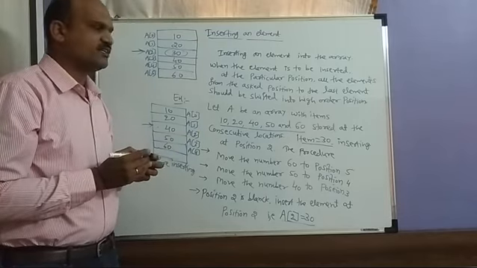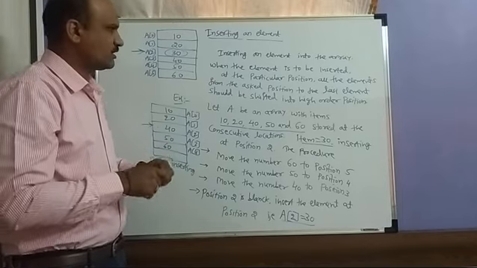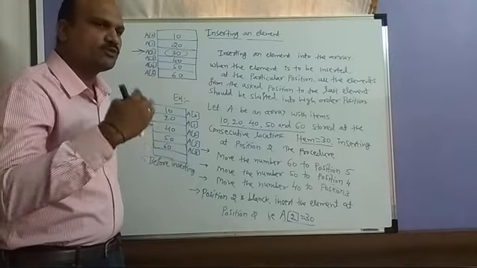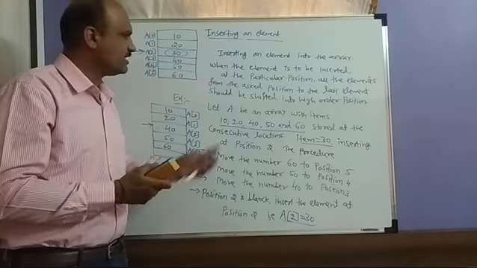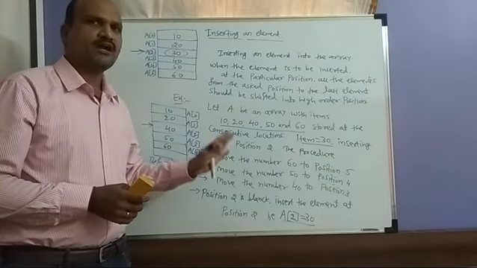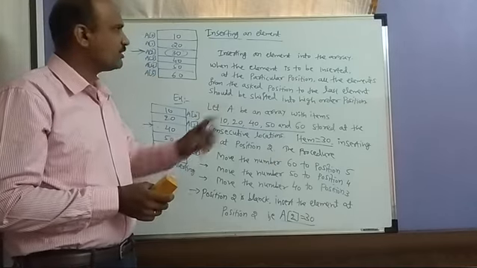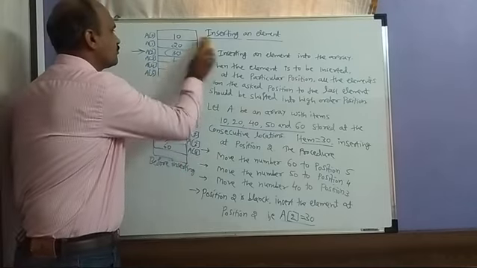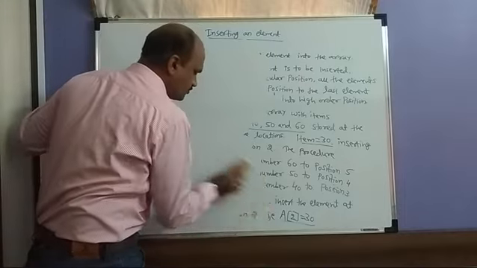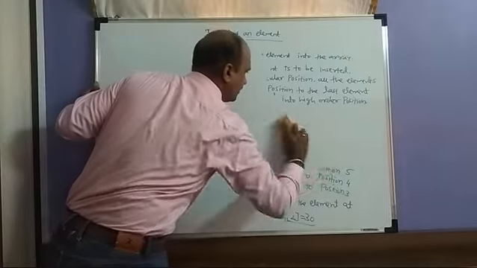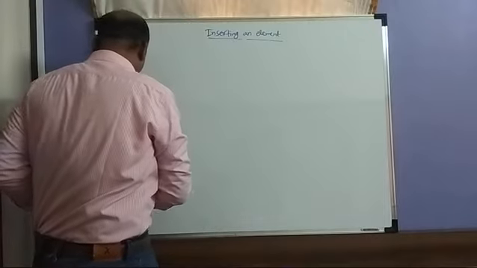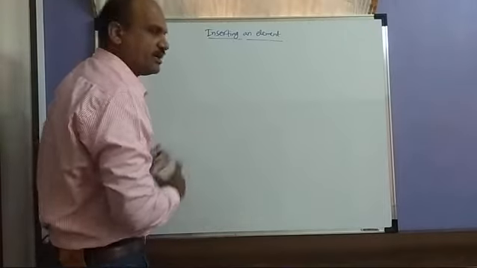This is an insertion operation. Whatever elements are at or beyond the position where you want to insert, you have to shift them to higher positions of the array. Then we can insert the element into the array. We will see how to write the algorithm and a simple program for inserting an element. Before going to the algorithm, you should know what things you need for the particular position and the array.